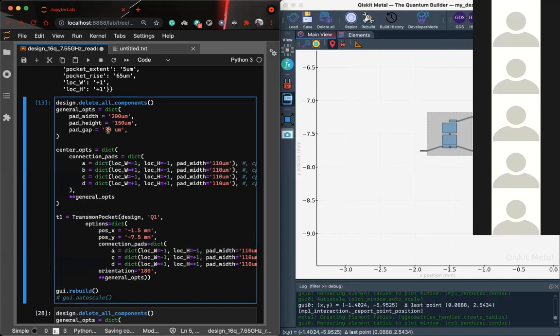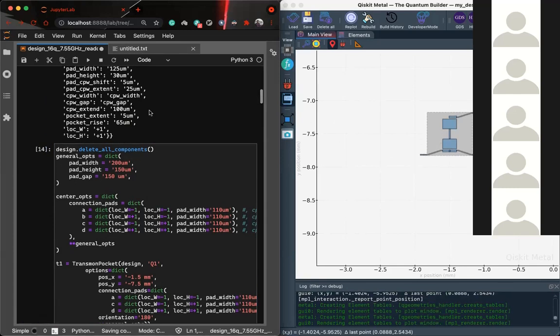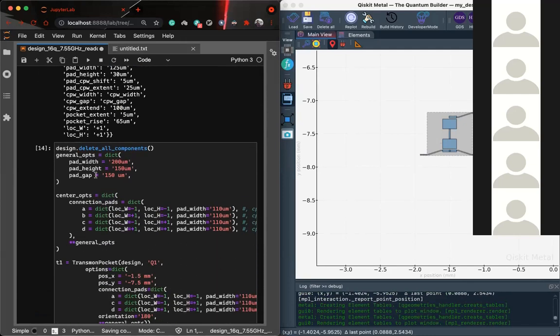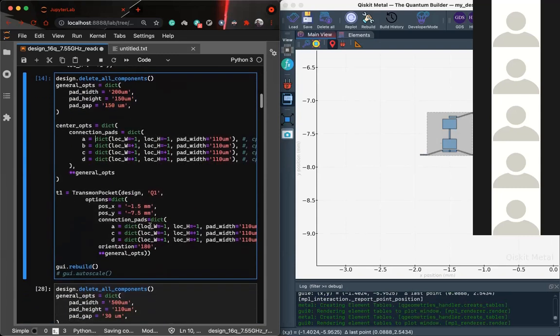Also I can change the pad gap. So instead of 30, if I want 150, it changes the gap, everything. You can control all these parameters like this. You define a dictionary for the parameters, and then you can pass that dictionary while instantiating that particular component.